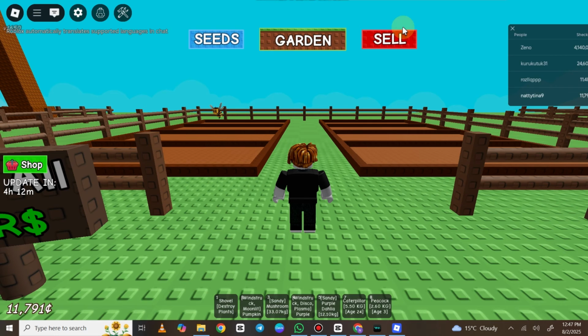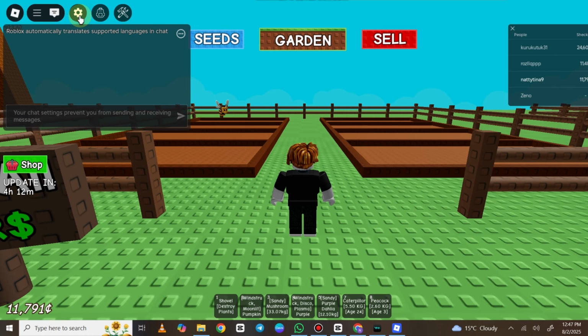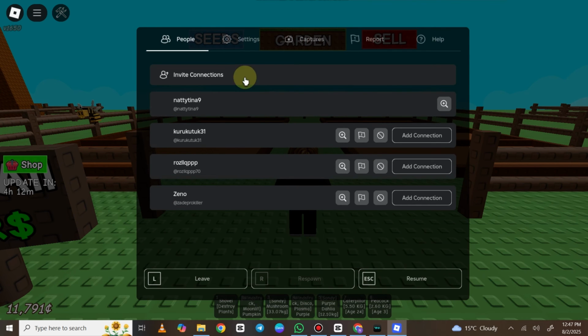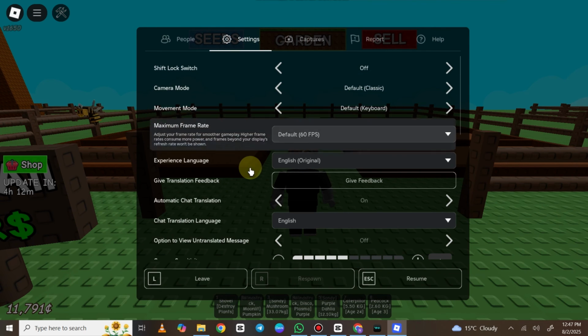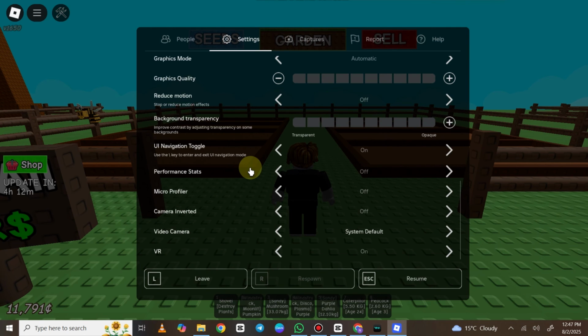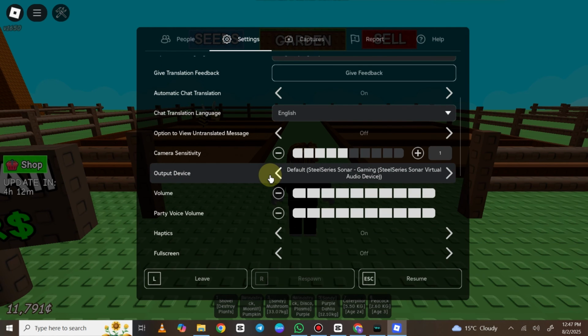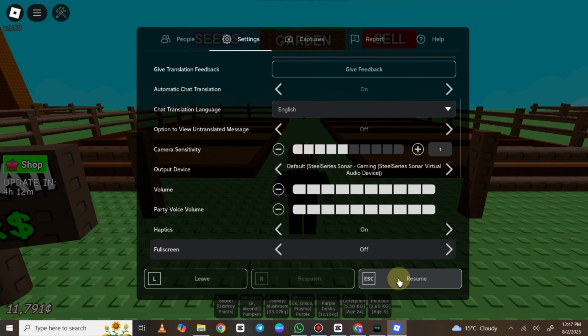and load up any game that supports voice chat. Once you're inside your game, you can come over to the top left hand side and click on Roblox menu, click on settings. You can then scroll down to where it says input device, and then you need to navigate across these options and make sure microphone voice mode virtual audio device is selected, and then you can go and press resume. Now once you have done that, you can go in and mute your microphone, and now what we